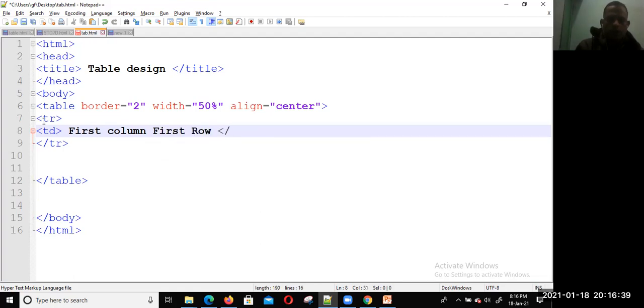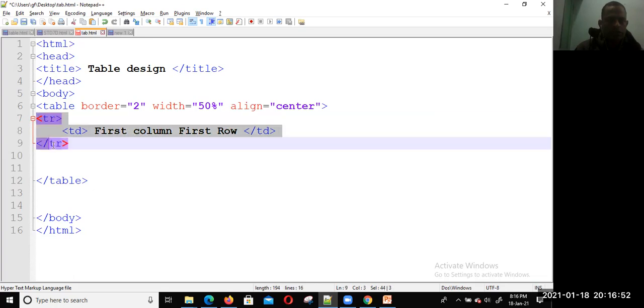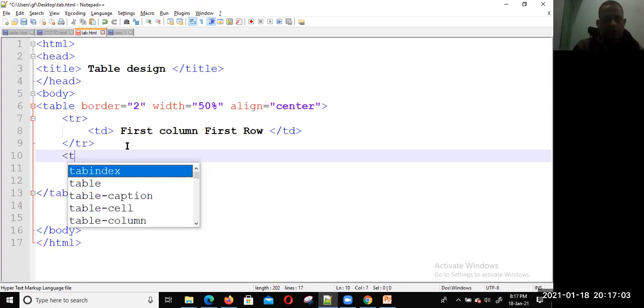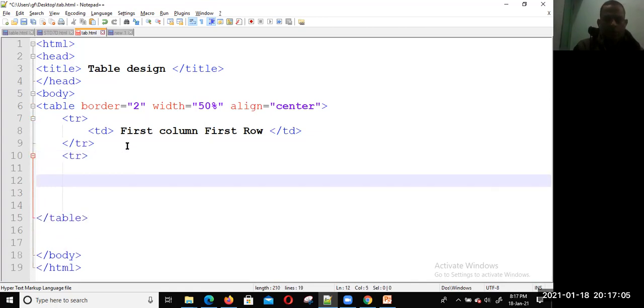Now close the TD. I'm going to create another row, the second row. For that, we just need to write the tr tag, tr open, tr close.